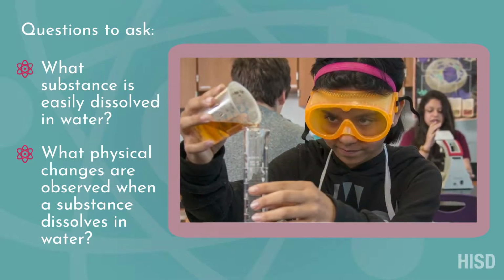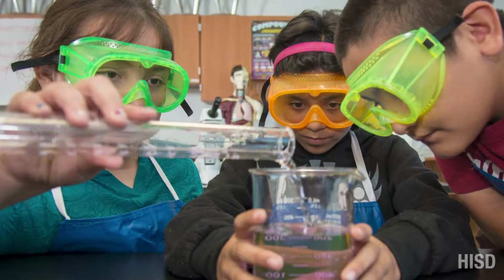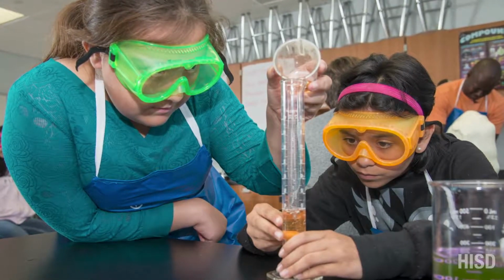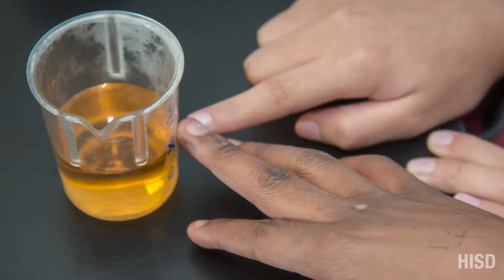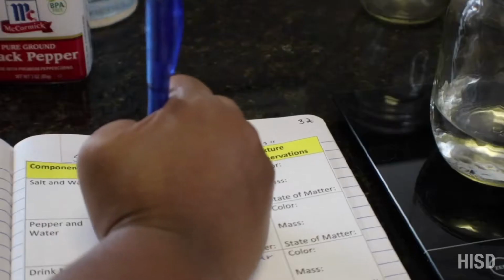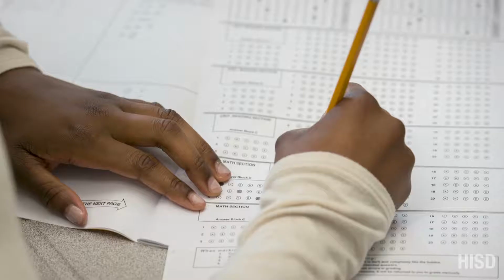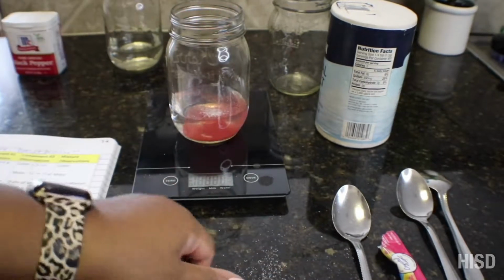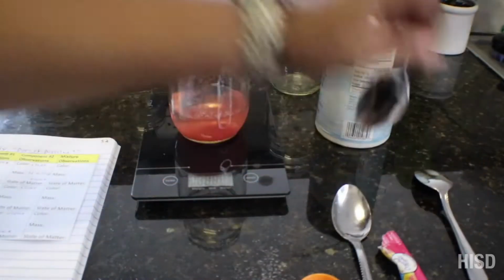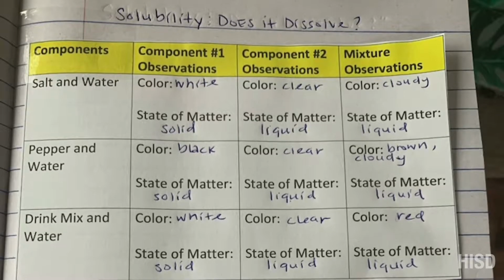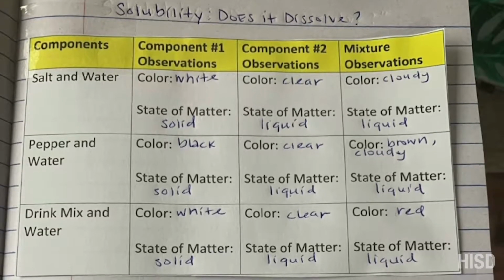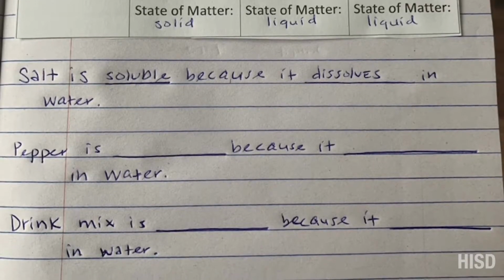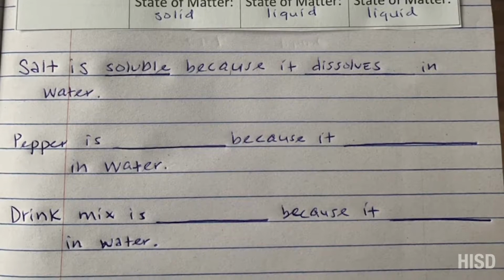While 3D experiences are essential for conceptual understanding of science concepts, it is equally important that teachers plan how these experiences can be transferred to student mastery on 2D outputs such as science notebook entries, exit tickets, district assessments, and STAR. In this investigation, we used 3D to 2D transfer as students were using their notebook entries to record observations. In addition to that, at the end of the investigation, we can supply students with sentence frames to have them continue to show their understanding of the concept of solubility.